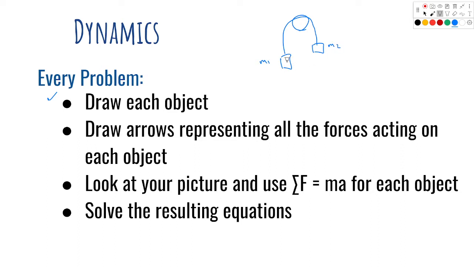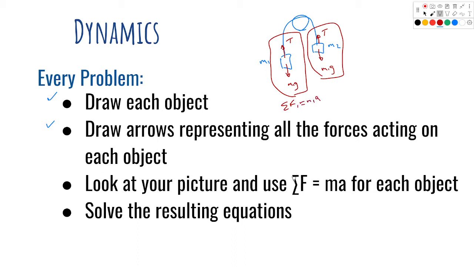I need to draw that box, and then I need to draw the forces that are acting on it. So I could say, well, gravity is pulling down. We'll see that mg is how you calculate that. And the string's pulling up in both cases. We'll call it T for tension of the string. Okay? But that's what I need to do. I've got two objects, so I'm really interested in this right here, and I'm really interested in that. Each one of those is going to give me an equation when I go on to step 3 here